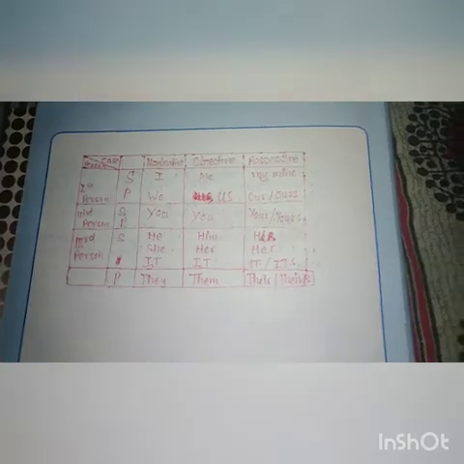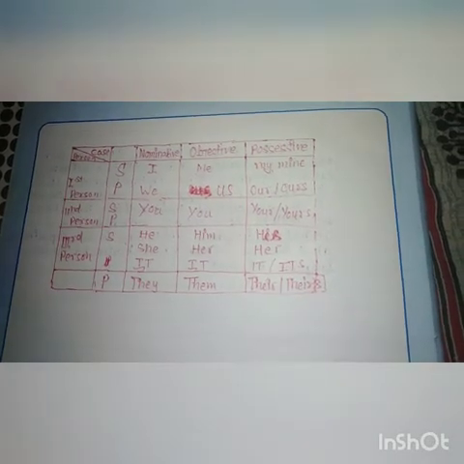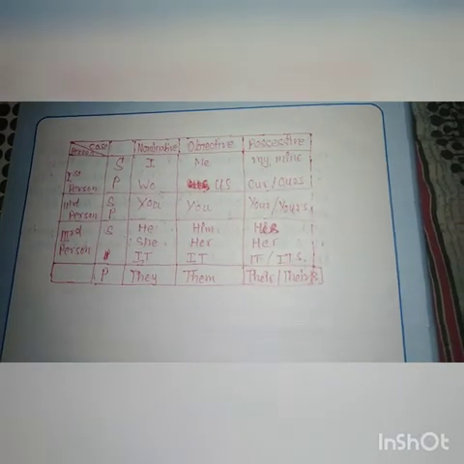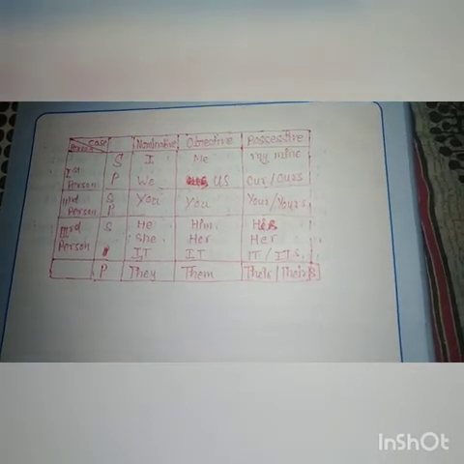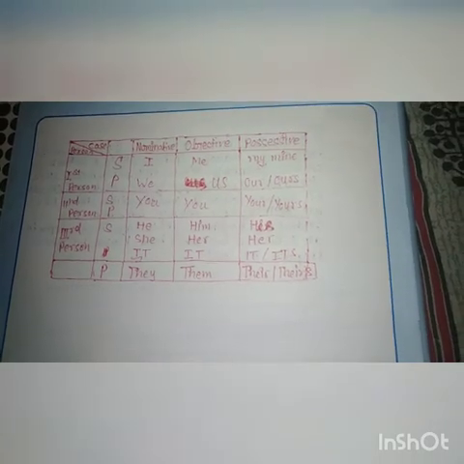So today I am going to teach you all about how to change person or pronoun in narration. Before we start, we need to know what a personal pronoun is and what its types are. A personal pronoun is a kind of pronoun that relates to a person. We have three types of personal pronoun: first person, second person and third person.